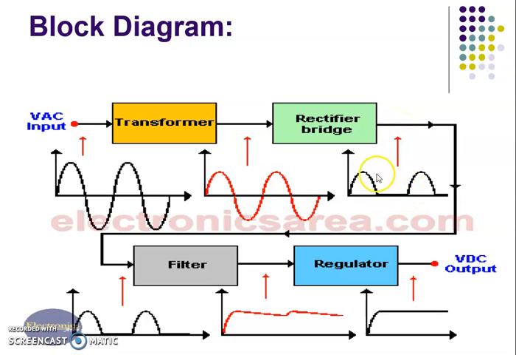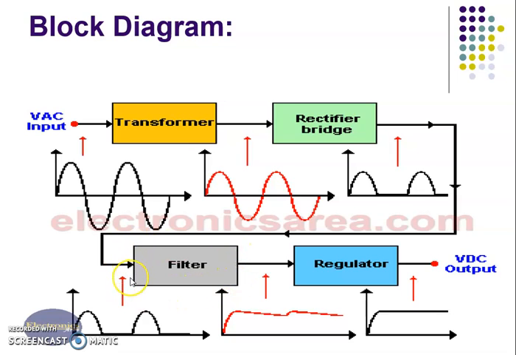So the waveform mentioned here is not correct because the rectifier is full wave bridge type rectifier. In the negative half also we get the output at the output terminals of the bridge type. This particular diagram is only for the half wave that is mentioned here, but the output of an actual bridge rectifier is all the full waves available at the output side. That is not pure DC, that is pulsatile DC. Further, that pulsatile DC is converted into less ripple DC with the help of filter circuit.